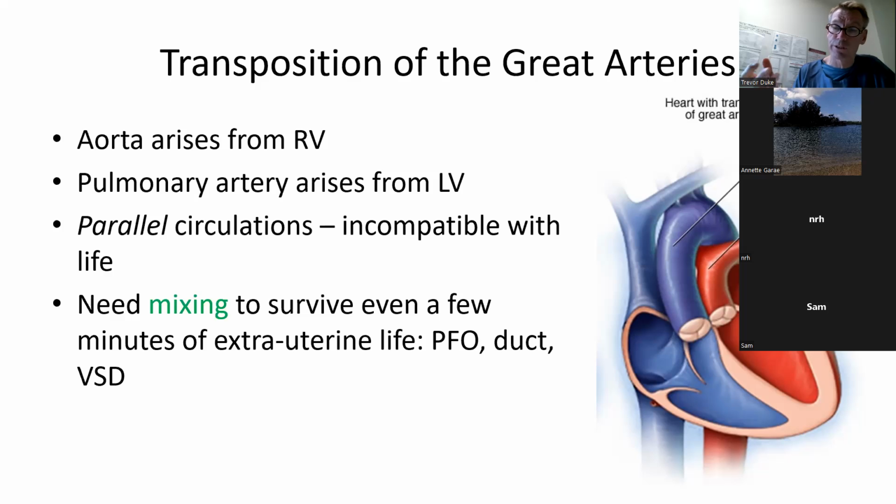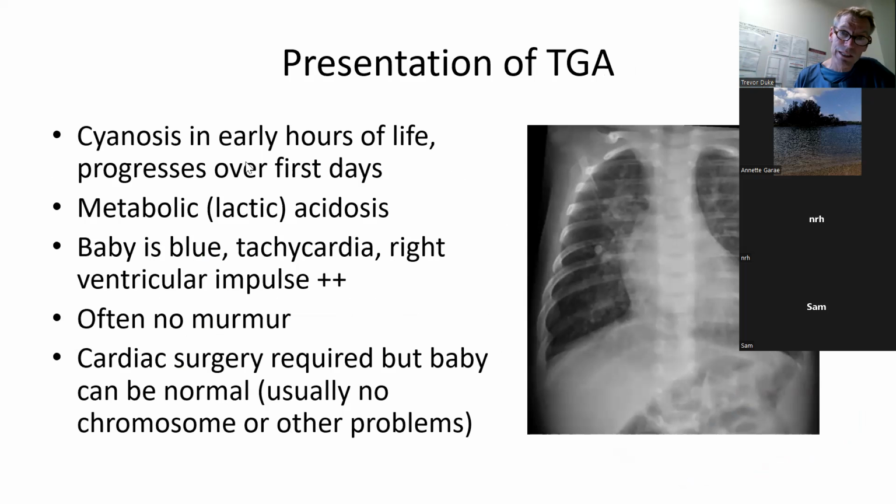So all of these babies that survive the first hour or so of life, they've got some mixing lesion, like a VSD or an ASD or a large duct, a large patent ductus arteriosus. But they do have cyanosis from the first hours of life that progresses over the first few days. They usually have a metabolic acidosis. They're often tachypneic because of their metabolic acidosis. And they're blue and they're tachycardic, and they have a strong right ventricular impulse because their heart's often hyperdynamic and